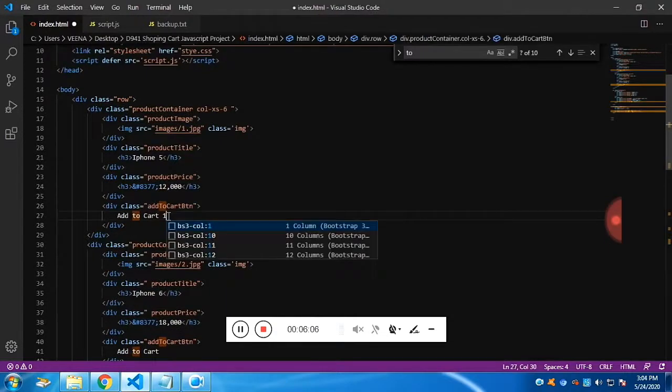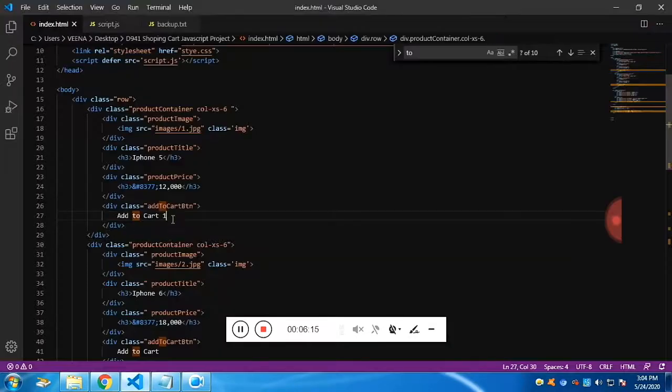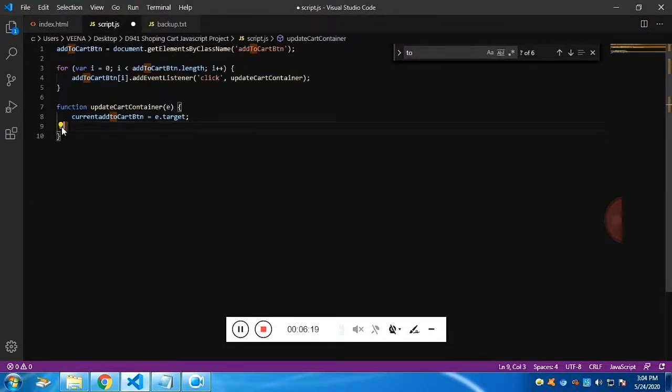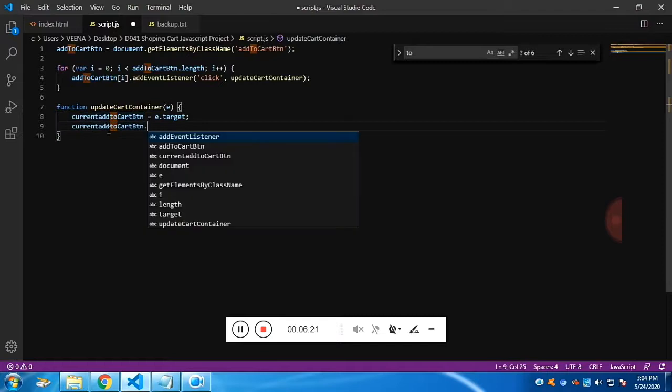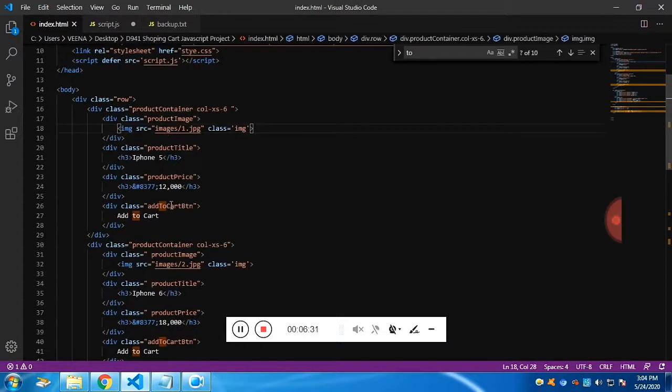Now we need the parent of the add to cart button. Let me show you. You can see we are getting the first one. If I click on the second one, you can see the first one is not showing up. Now, as I said, we have got the current add to cart button, so we need to get the parent of it. The parent of it will be the container. We will be getting the product container,